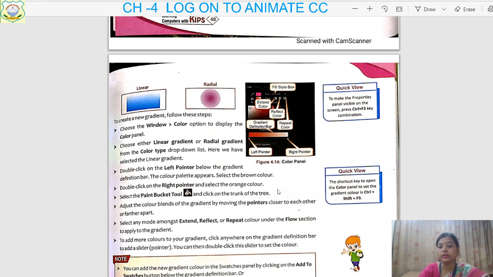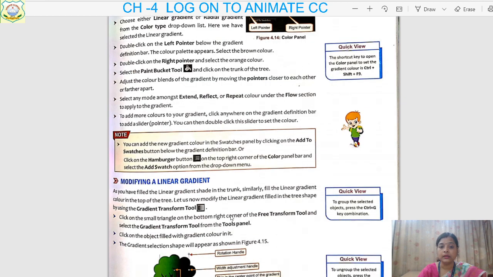Click anywhere on the gradient definition bar, the one where you find the left and right pointer. Once you click, a color box will open for you. Choose your third color. In this way you can choose the coloring.